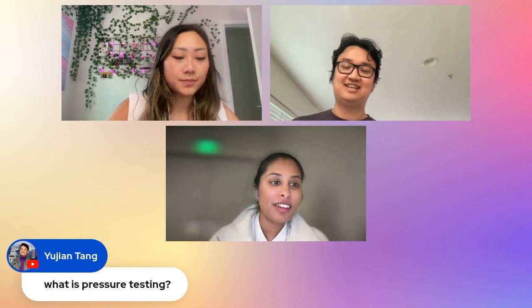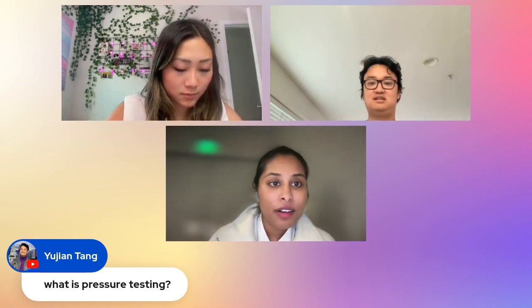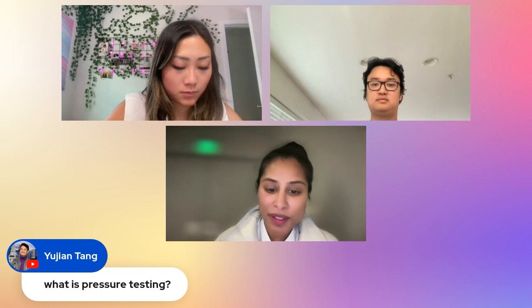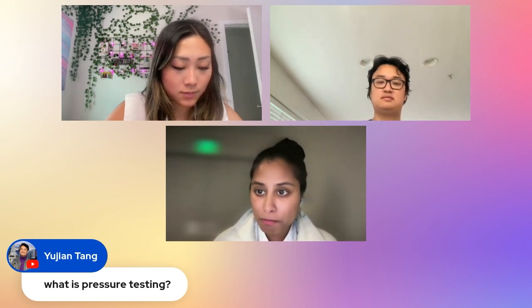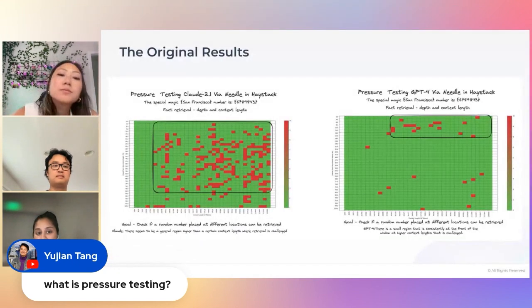Yes. Okay. So pressure testing is basically what I probably mentioned when we were showing some of the model evals that we were doing in the market. We were pressure testing how good Anthropic Claude 2.1 was against GPT-4 on Needle in the Haystack.